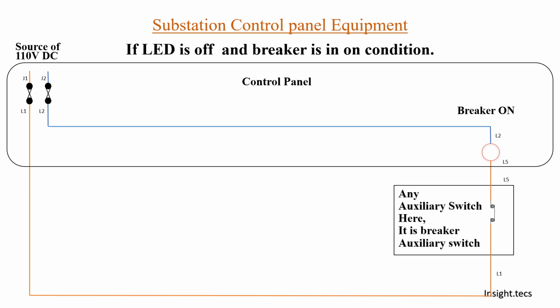Okay, now let us move on towards the troubleshooting of LEDs, right? So there can be various scenarios in which the breaker is on but the LED is off. Okay, let us see different kinds of cases. What can be the cause that although the breaker is on the LED is off? See, many times this issue can create a problem. Only by looking at the LED indication you will think that the breaker is not in on condition, breaker is off, because the LED is not glowing, right?